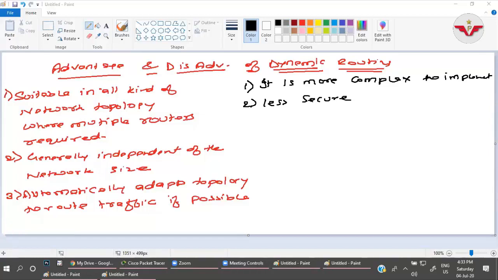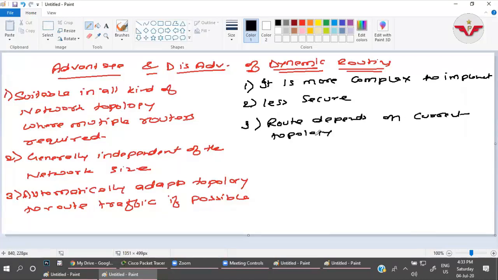Okay, this is less secure. The third one is, we can say, routes depend on the current topology. What do you mean by this? Route depends on current topology.